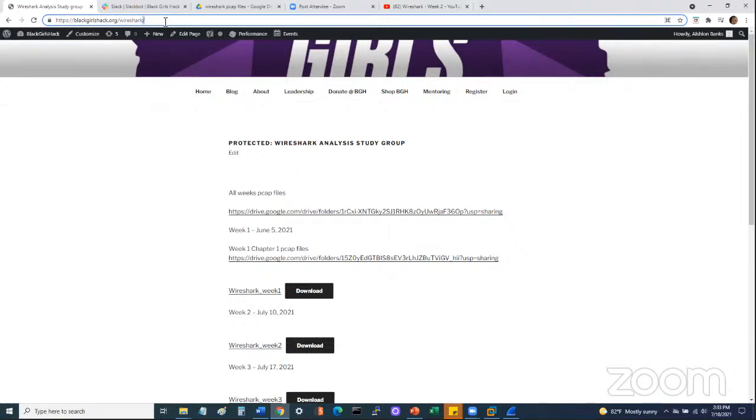Just put in blackgirlshack.org/Wireshark again, and it'll load the page. I keep telling them that there is a defect, and they keep telling me it works for them. So thank you for proving that I'm right. I typed it again from the beginning with the password, and then it loaded. Yeah, I keep telling them that it's a problem.